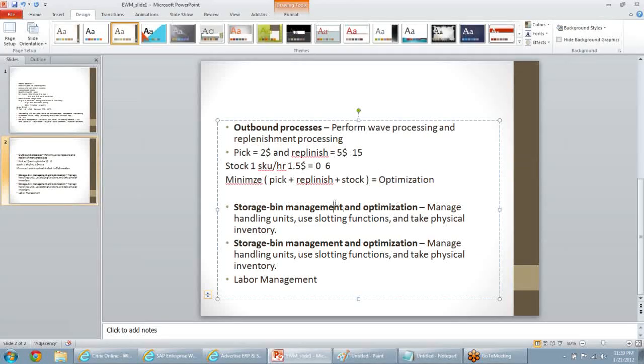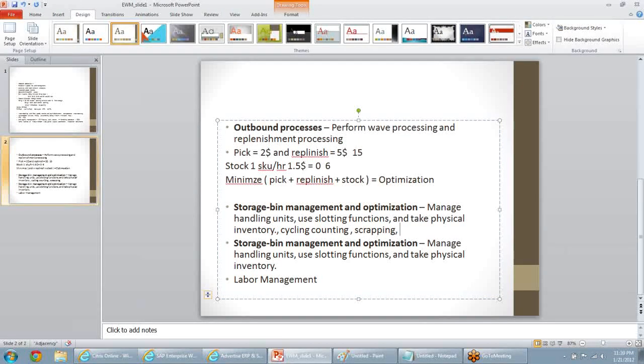So you have to maintain your bins, and you should be able to optimize them also. The warehouse management functionality should have slotting also. And apart from that, periodically it should have the physical inventory. I think you might have known this, the cycle counting. You should have the cycle counting as well as the periodic counting features in my warehouse.